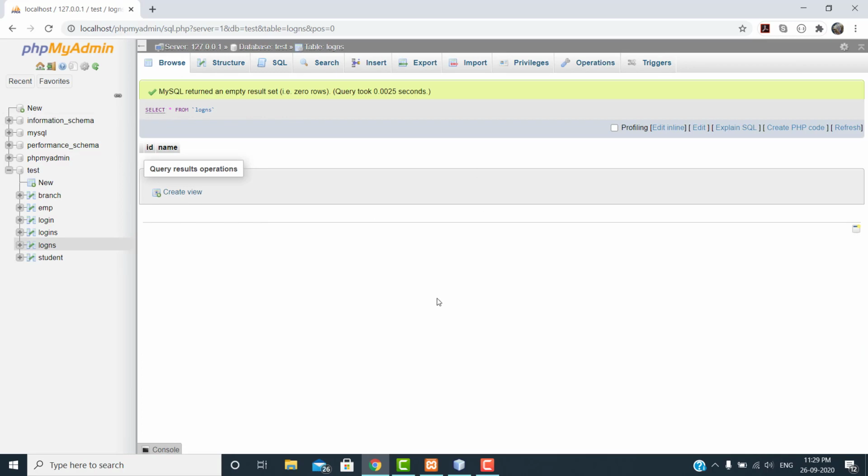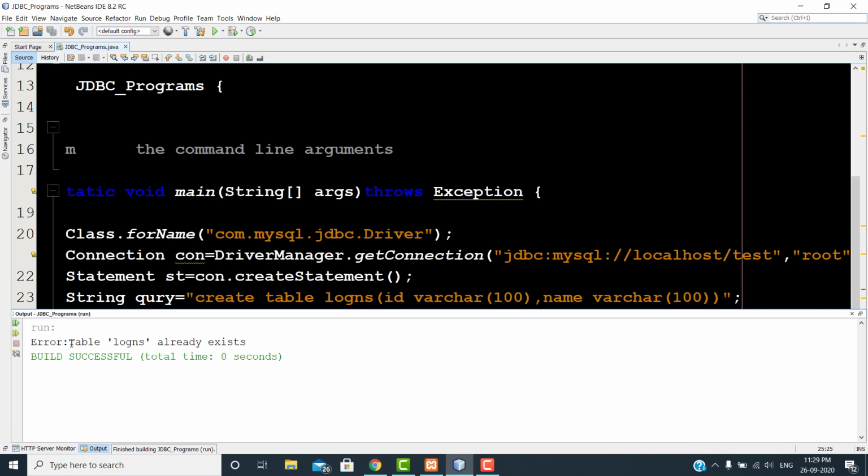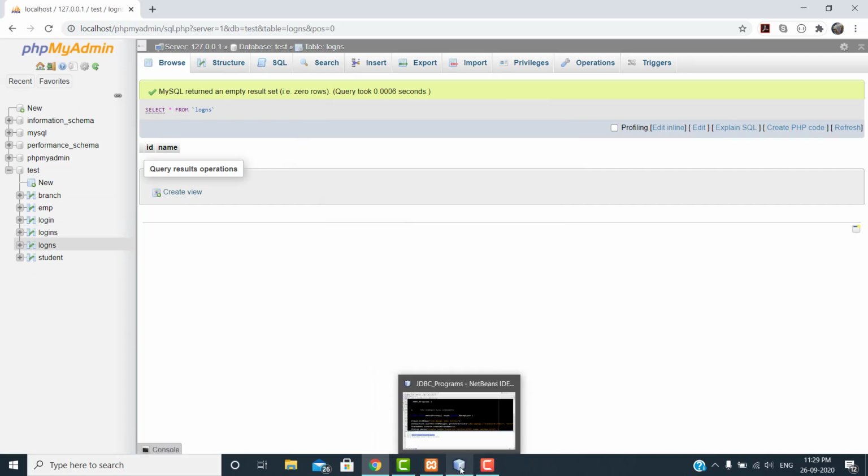If you have any doubt, right click and run that file again. You see the error: table logins already exists, so you cannot create it again. With the help of this JDBC program, we created one table in our database.